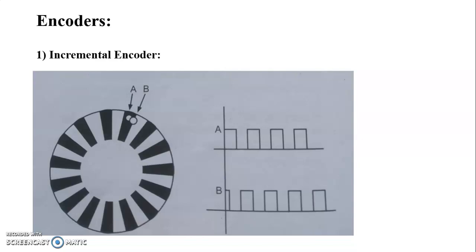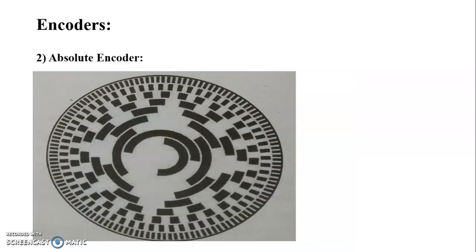An incremental encoder provides excellent speed and distance feedback, and since there are few sensors involved, the systems are both simple and inexpensive. An incremental encoder is limited by only providing change information, so the encoder requires a reference device to calculate the motion. So friends, we will now discuss the second type of encoder, that is the absolute encoder.